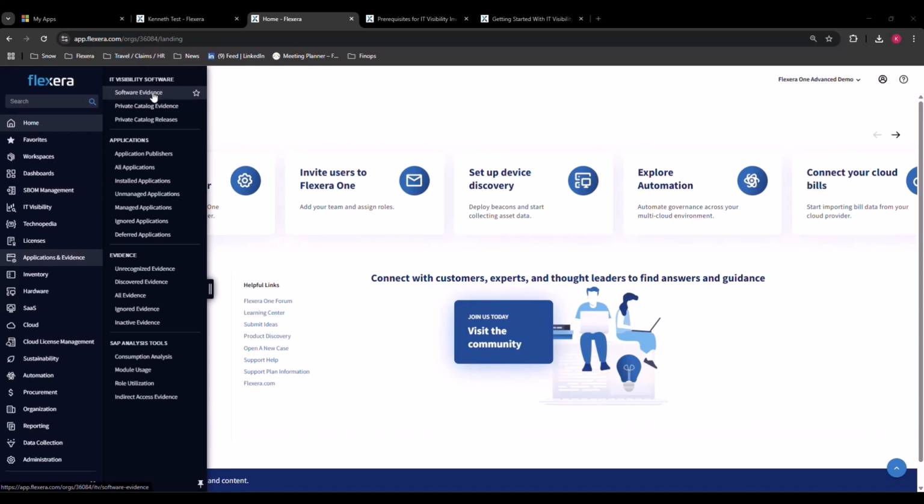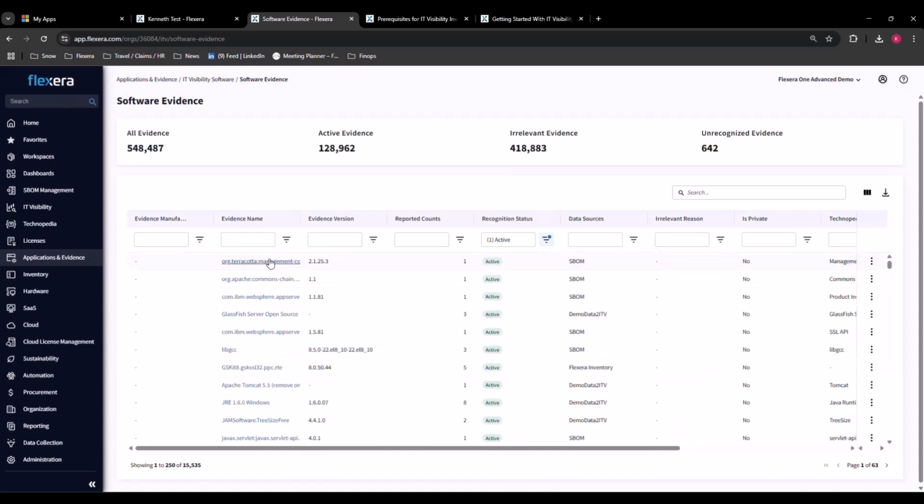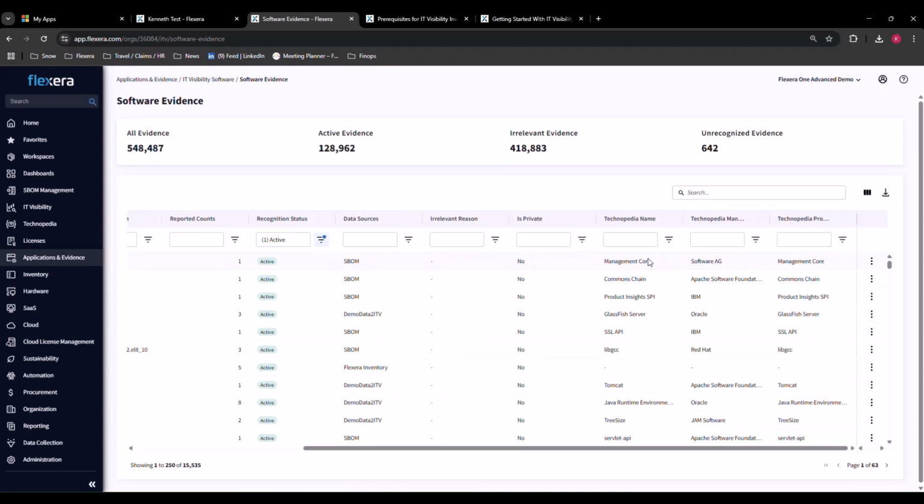and look at the application software evidence that's coming in. Here, this will show you all the evidence points, active evidence, discarded irrelevant evidence, and unrecognized record evidence. Here we can also see the evidence of the manufacturer, evidence of name, version, reported counts, and the recognition status. Let's just focus on those that are active, and we can see all of that here. We can see the data source, as well as what we have identified through the Technopedia name, the manufacturer,